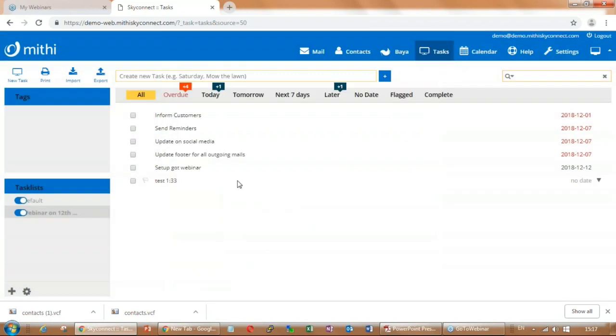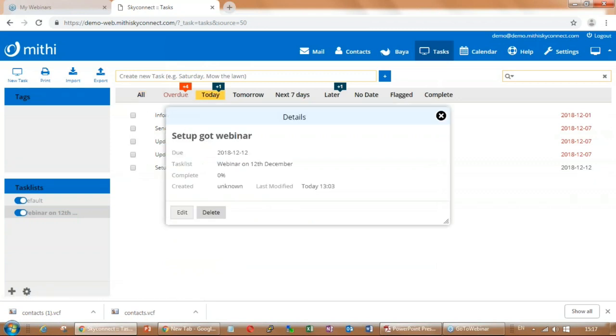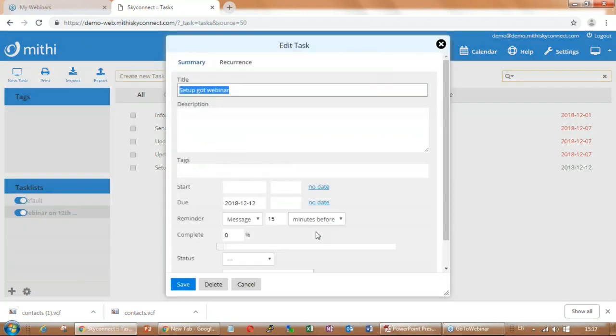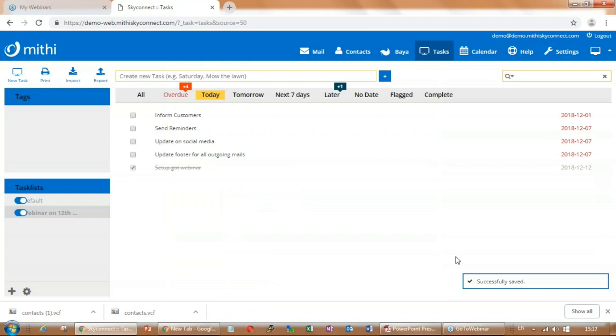And if you see there are a few tasks there, it will show you the overdue list, then today's list. This is a very useful feature, and can be used for whatever tasks are completed. You can select the status as completed and then save.